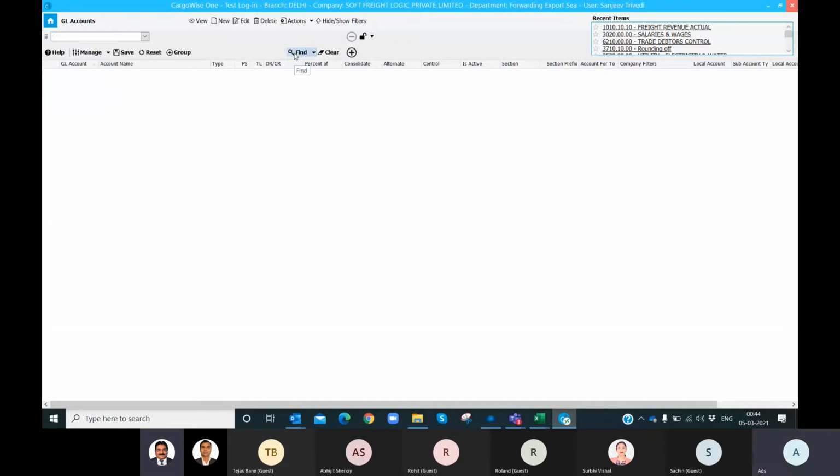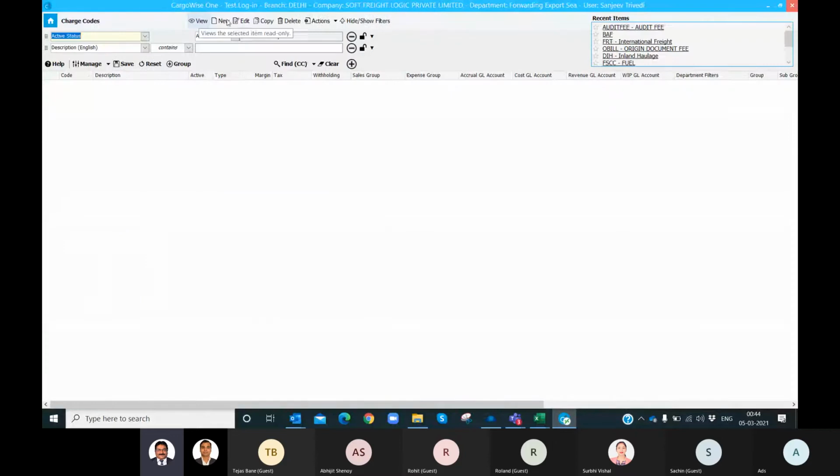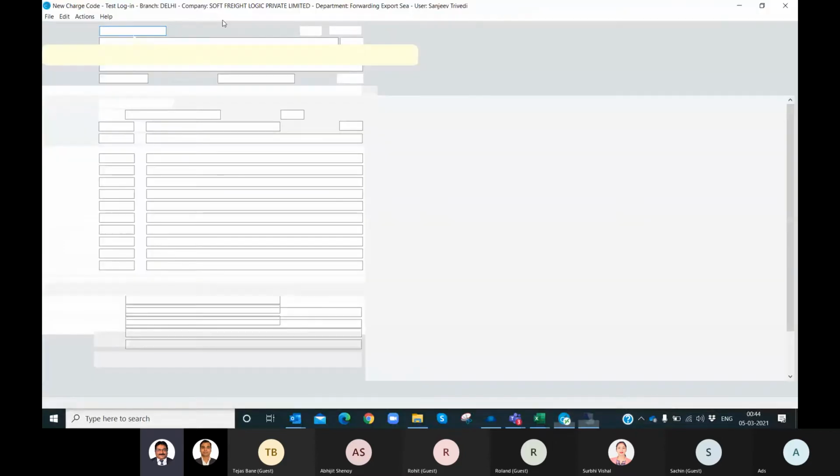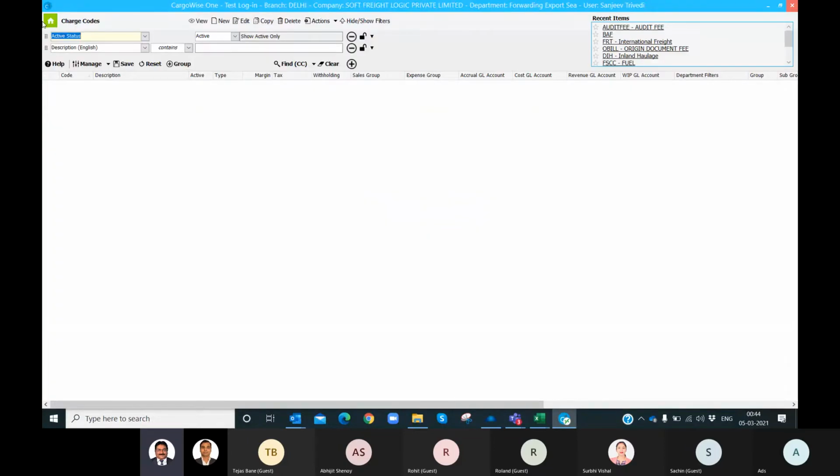Now, suppose any additional GL account or any additional charge code is required to be created inside CargoWise, everywhere you will find a new option. Just click on new and create a new charge code, or if you want to create a new GL account, you will have to go to the GL section, and there you can create a new GL account.